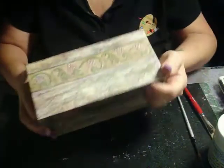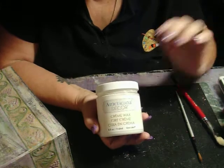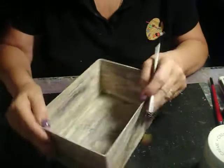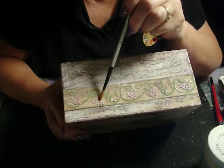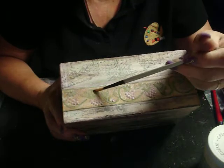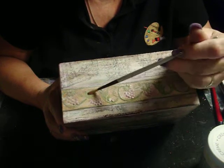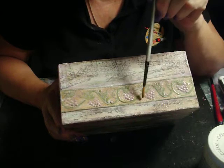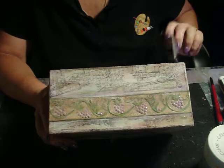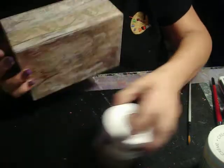So then my next step was to take the clear cream wax, and I took this same small brush and I dipped it in, and I waxed only the leaves, the vines, and the grapes. And now again, I didn't worry about getting off of that vine. I just went over it with wax, and there's still lots of space in between that didn't have the wax on it. I did that to protect it, because my next step was to take the golden brown wax and